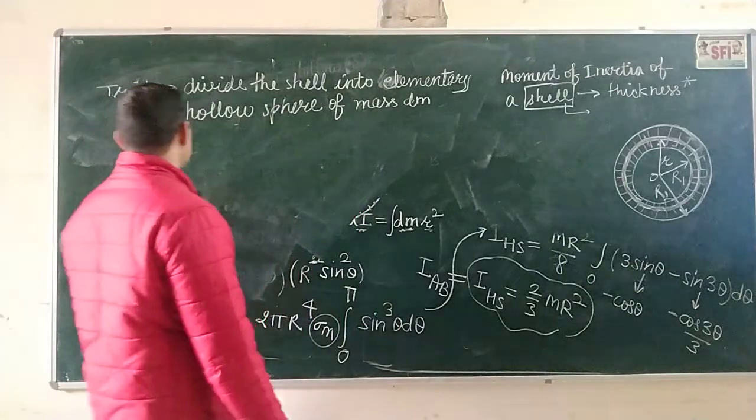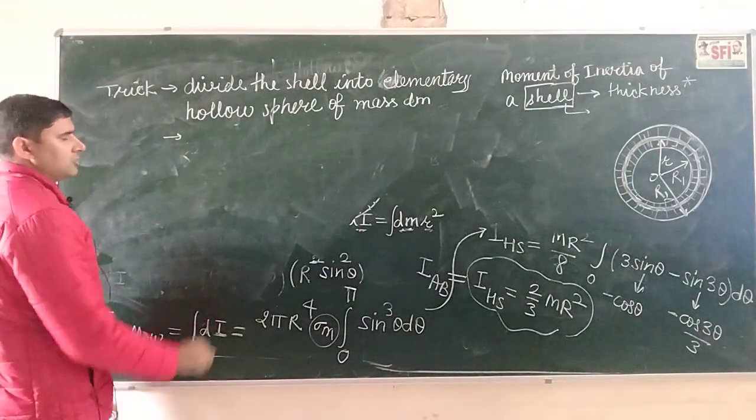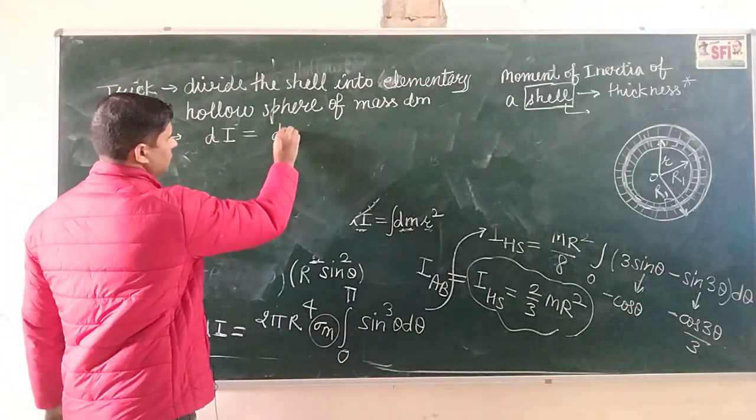Then find the moment of inertia of this elementary hollow sphere, and that will be dI equal to